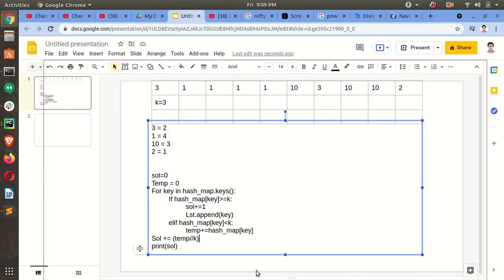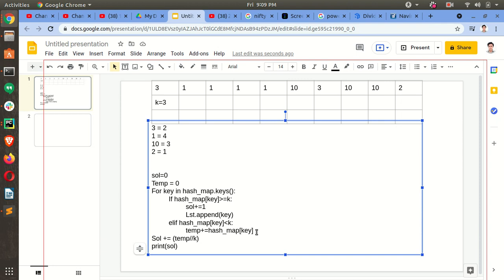Yeah, this will do. So this is the maximum count of each type of color. Okay. Sorry, I mean this is the maximum count of each type of color. Okay.